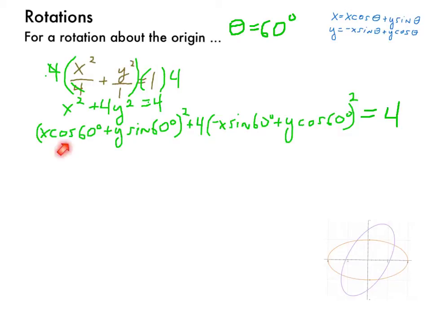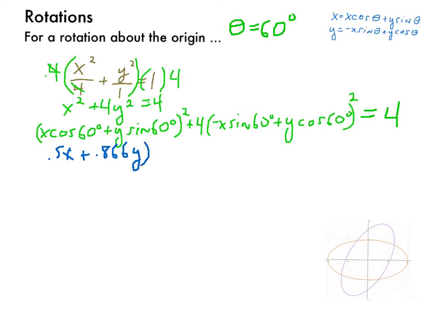Now, if you look over here, this is nothing more than the coefficient for that x and the coefficient for that y, and the same thing for over here. They have values, the cosine of 60 and the sine of 60. You should remember that the cosine of 60 is 1/2, and the sine of 60 is the square root of 3 over 2. For demonstration purposes, I'm going to hold off on the exact values and just use the decimal value on your calculator. So the cosine of 60 is 1/2, so we can call that 0.5x. And the sine of 60, if you plug it in, is the decimal 0.866